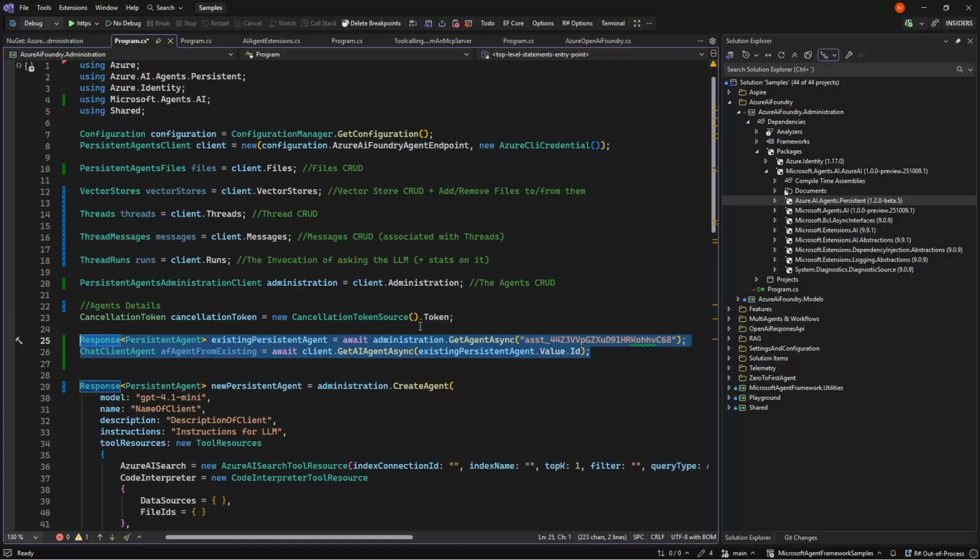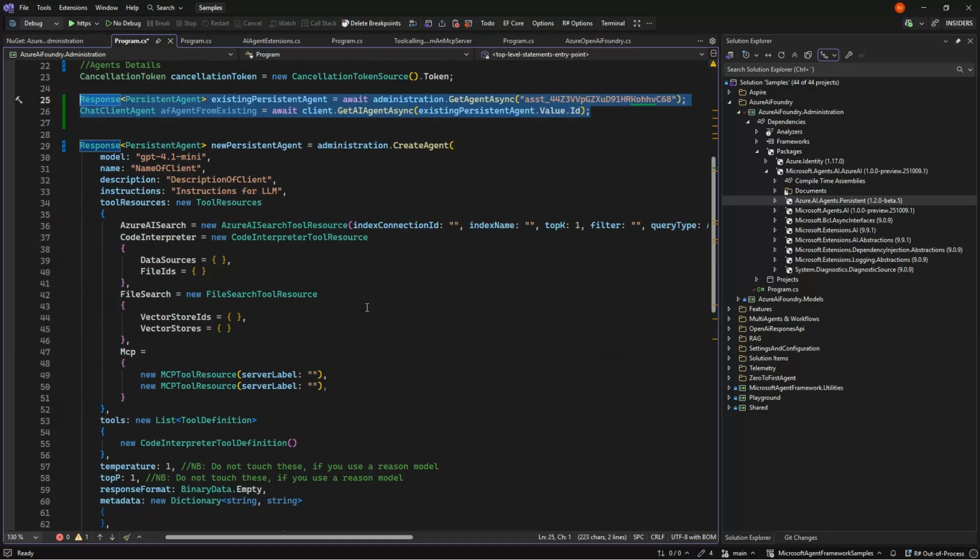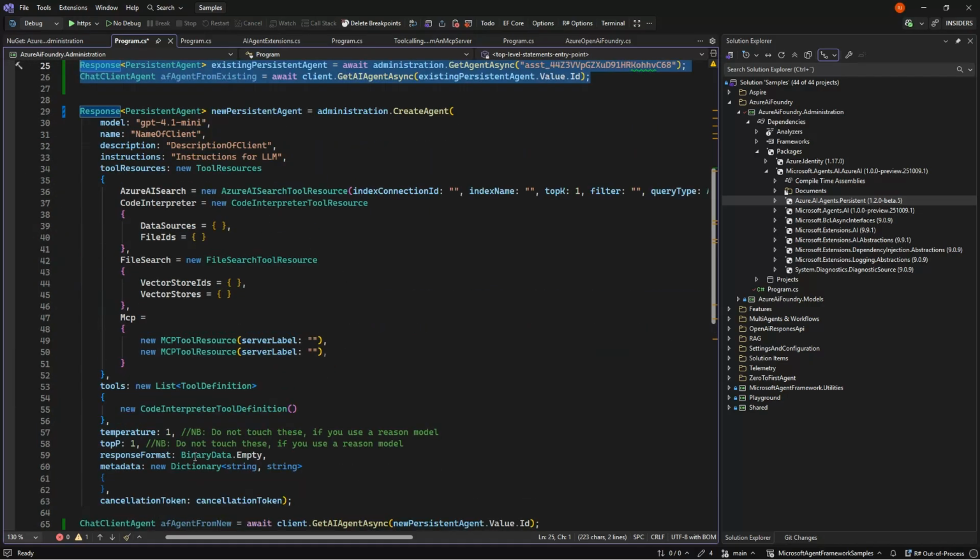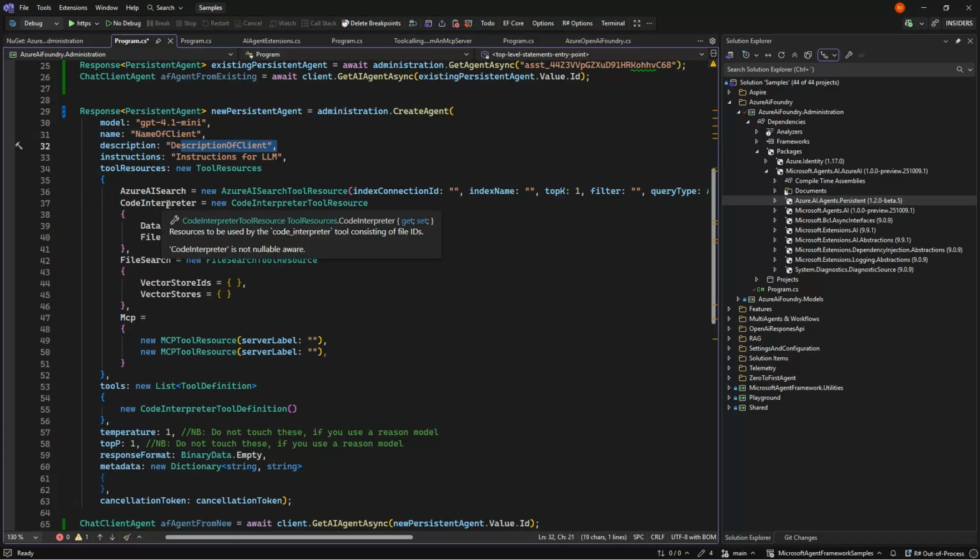If you don't have the agent already, you might need to create the agent, and there we have a bunch of settings. So I've taken every single setting out here, and let's go through them. When you create an agent, you bind it to a model. So you choose what model that agent should be using when it's talking with the user. We give them a name, that's just for the portal so we can see them, and the same for a description, so someone can go in and read about the agent.